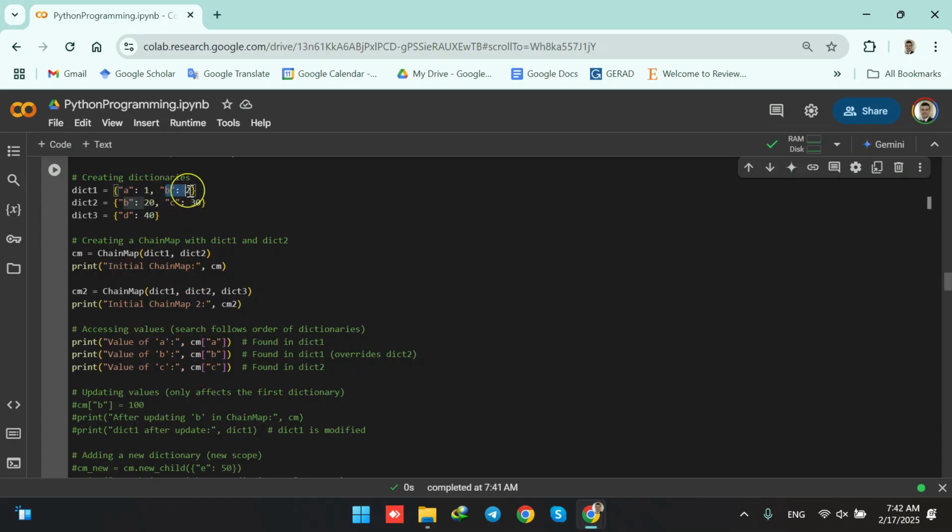Then we want to have this B being printed, so we are going to have the name of the chain map and the name of the key. So this B is going to be printed, so this B overrides this B. Okay, so we can print this B in the output. And finally, if we want to, for example, print the value associated to key C, which is 30 here, we can simply write down the name of the chain map and then the name of the key. So when I run this code,